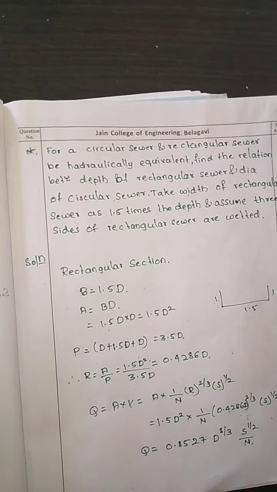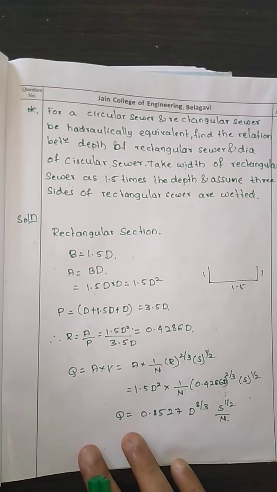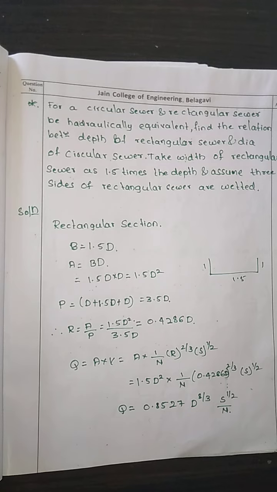Now again we will see one more similar problem on this. Now in this problem, for a circular sieve and a rectangular sieve to be hydraulically equivalent,